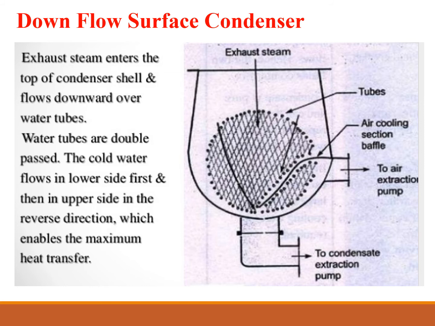The cooling water enters at one end of the tubes situated in the lower half of the condenser and, after flowing to the other end, returns in the opposite direction through the tubes situated in the upper half of the condenser. The temperature of the condensate decreases as the exhaust steam passes downward, and hence the partial pressure decreases from top to bottom of the condenser. The air exits, shielded from the downstream of the condensate, by means of a baffle plate.